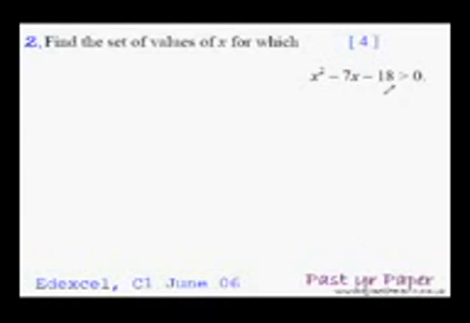Let's see if we can do this question mentally. Now quickly tell me two factors of 18 whose sum or difference is 7. So obviously it is 9 and 2. Adjusting the sign, make the bigger number negative, so it will be minus 9 and 2. Change the sign to get the critical values. It would be plus 9 and minus 2. Since it is the greater than inequality, what sort of moustaches? The greater moustaches pointing outwards, isn't it? That's it, that's the answer. x would be less than minus 2 and x would be greater than 9.